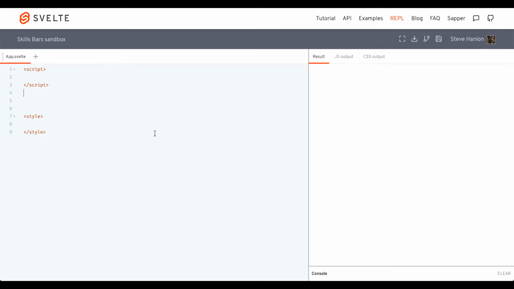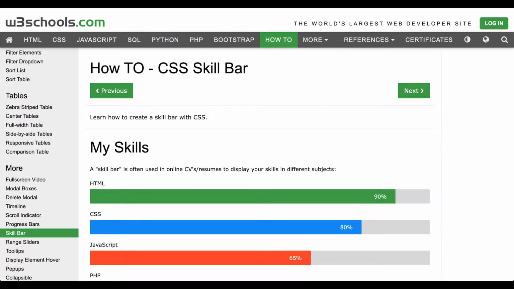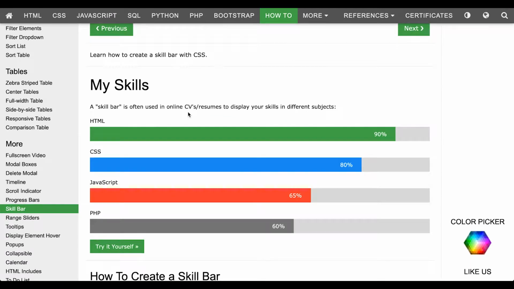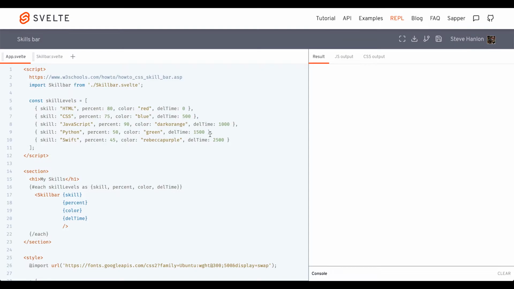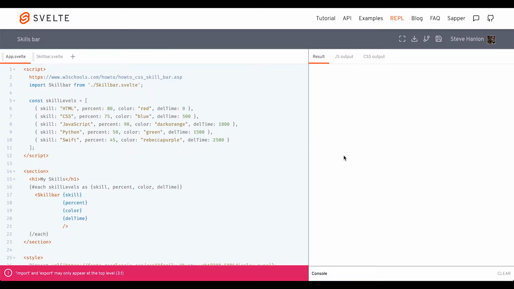In this How-To-Svelte, we're going to create a skills bar. And if we come over to W3 Schools, we can check out what they've got going here. On our Svelte REPL, we'll do a similar thing, but we'll go ahead and animate it using